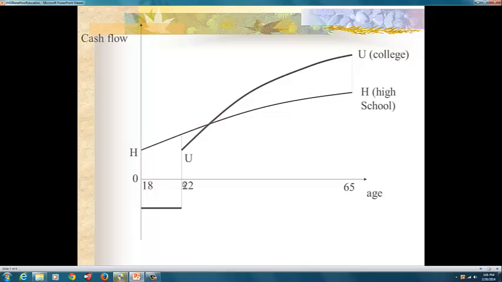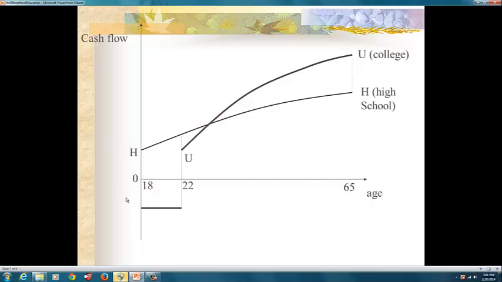If you start working at 18, you immediately begin earning right out of secondary school. However, if you decide to go to university, you're essentially making no money. Notice, it's negative. You are dis-saving because you're not earning any income, yet you have to go to and from school. So you are dis-saving at the expense of your parents or your guardian. But that's another lecture. So this here from 22 to 65 represents the lifetime earnings.